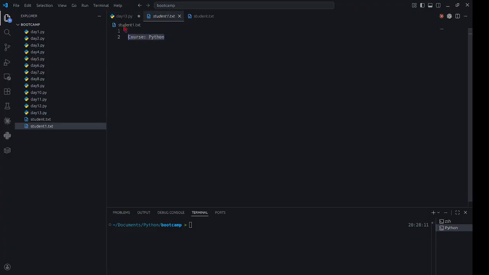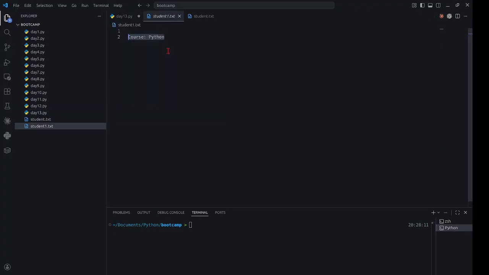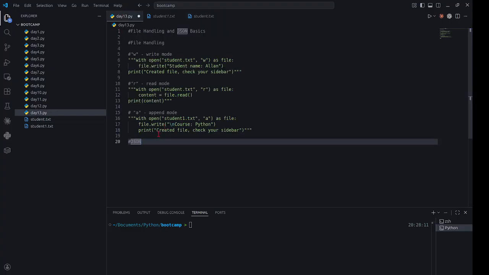This is just plain text. But real programs usually need to save structured data. They don't save data like this, right? So a student's name and their course and their marks all organized together. That's where JSON comes in, right? So JSON, it stands for